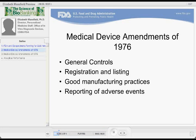Just a little background on devices. FDA does regulate medical devices. We were given that authority in 1976 by Congress in the medical device amendments to the Food, Drug and Cosmetic Act. And our requirements have a number of requirements for a test, including these here, which I